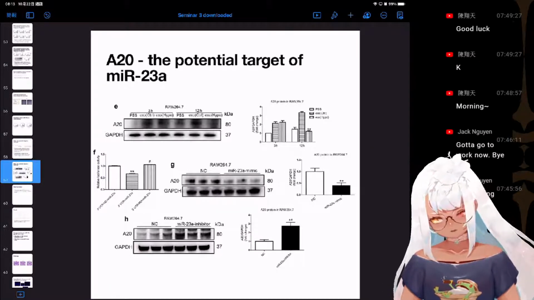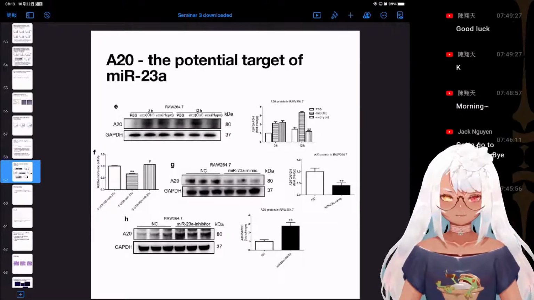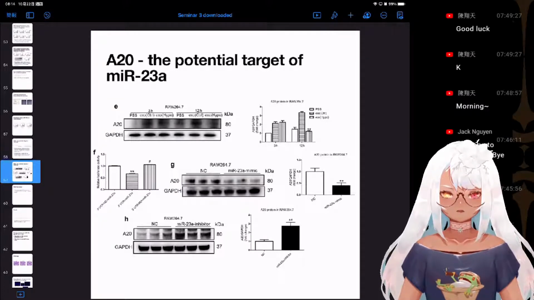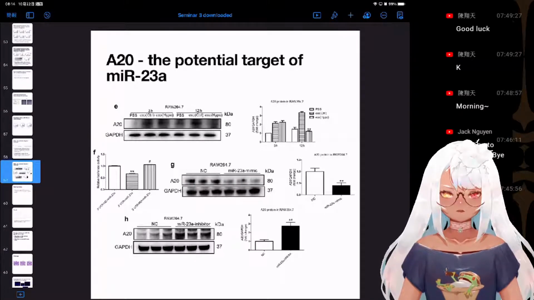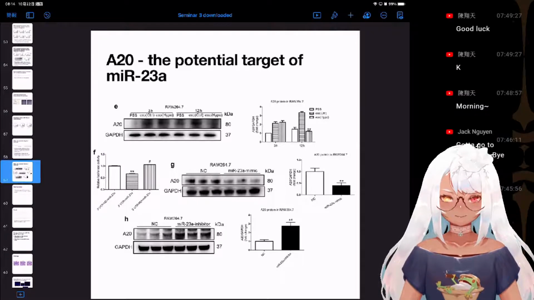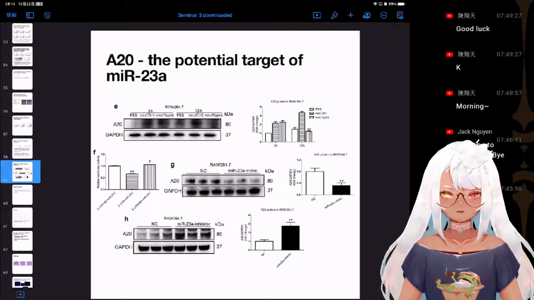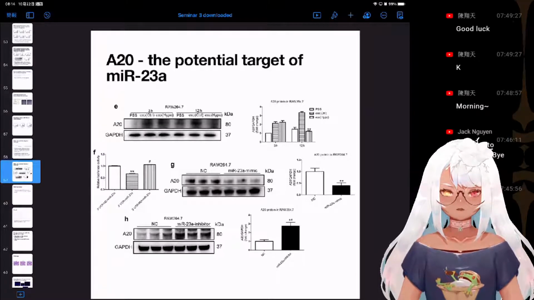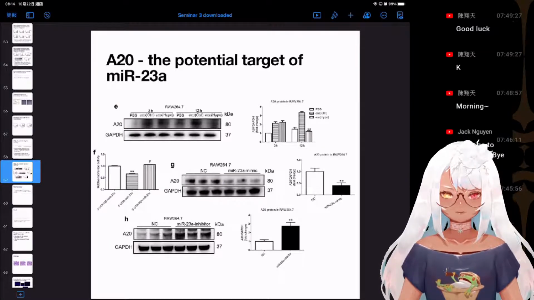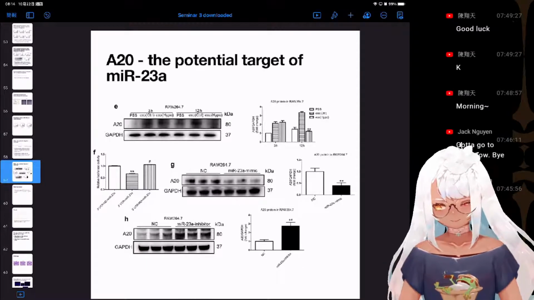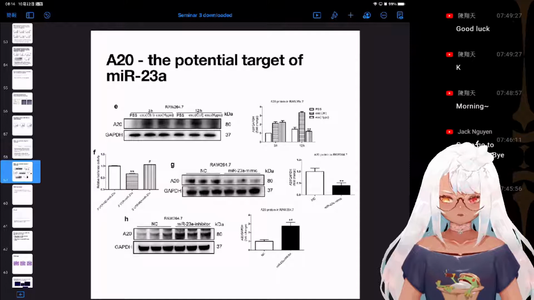And as we can see that compared to the pre-UTR negative control mitochondria, the pre-UTR mitochondria can significantly decrease the activity of the reporter, and the mutation of the pre-UTR of the A20 pre-UTR can abolish this effect. So here they confirm that mitochondria can directly interact with A20, and now we're gonna see that in terms of Western blot,